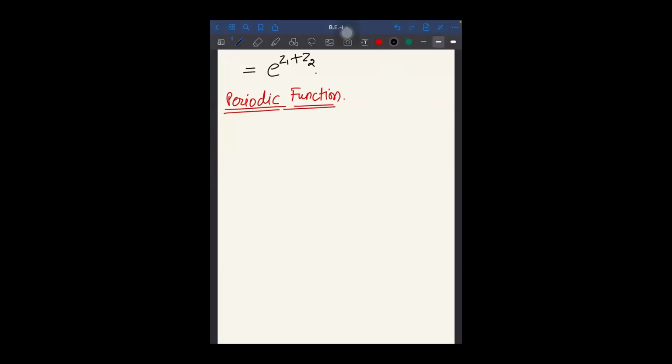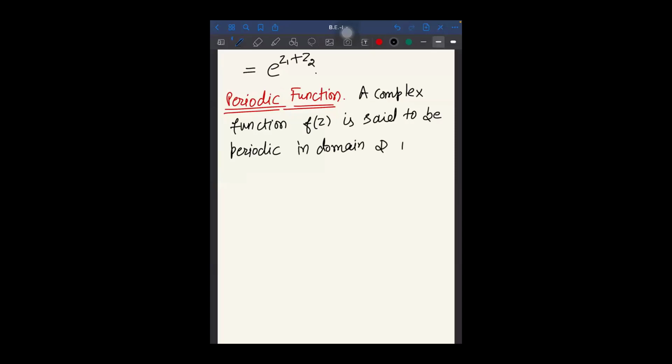So here what we're going to say: a complex function f(z) is said to be periodic in domain D if there exists a P belonging to C. That means P is a complex number and should be non-zero. Such that